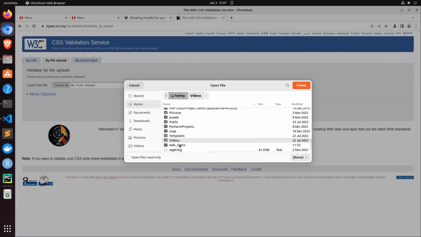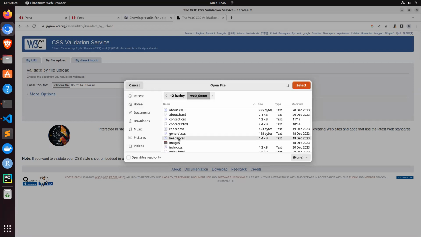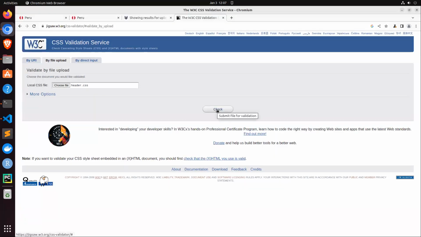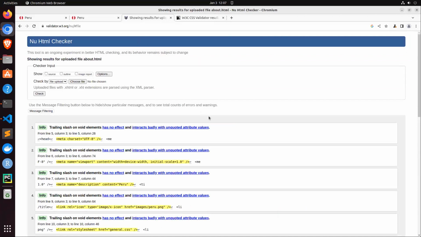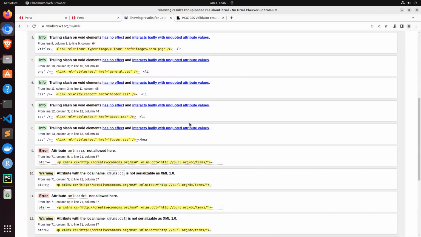I can click on the right folder. And then we can check that file. And that's what we're really after. Congratulations, no errors found. Now, going back to the HTML,